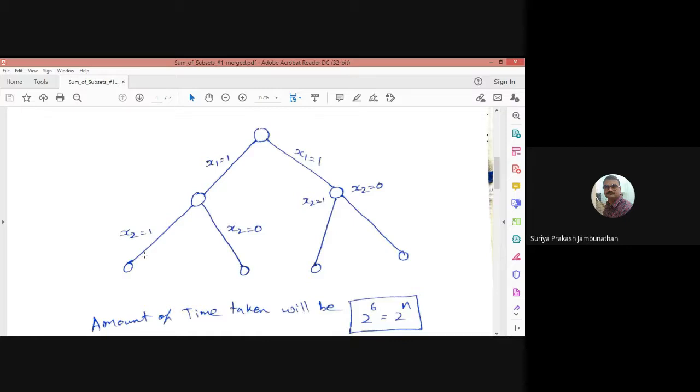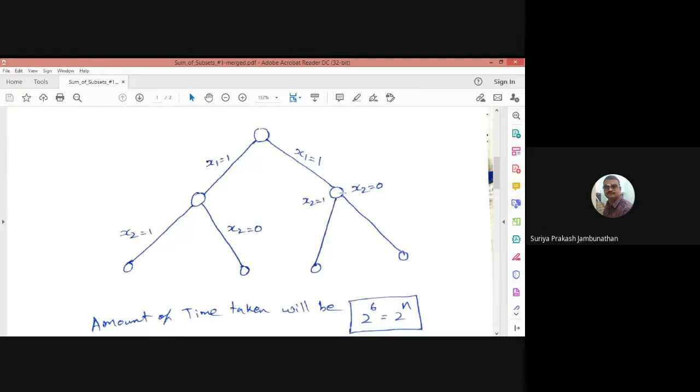So in this case, what happens, we have to go for all the nodes. When we are going for all the nodes, there will be a huge number of leaf nodes, a huge number of sub nodes, and the root node. All these things will be there. So the time taken for this particular problem will be 2 power n. The time complexity for solving this particular problem will be 2 power n. So totally 6 layers we have to do to solve this particular problem.